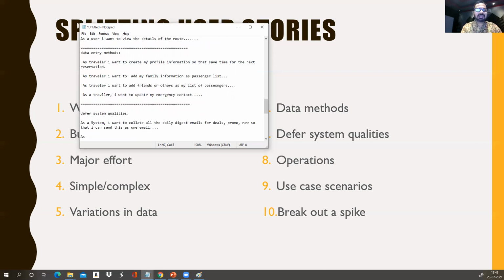Another system quality is, now we have built that email as a system. I want to push the daily digest email to the traveler, or to the subscribers.